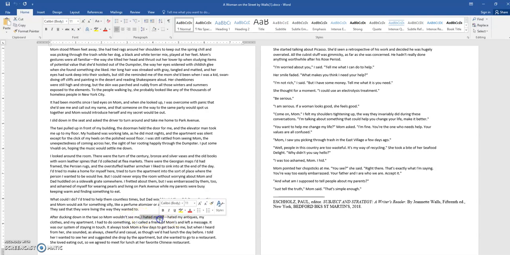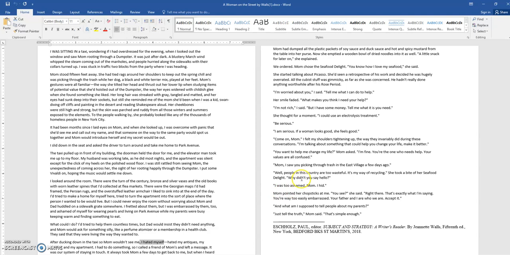Another thing that I want you to consider as you write is what Walls does is she explains her thoughts. Why did she duck down? She sees her mom and she ducks, she hides from her. So why? I mean, it's clear that she's embarrassed. She doesn't want anybody to know that that's her mom out digging in the trash. That her mom is homeless. Why? Walls has money and a nice apartment on Park Avenue.